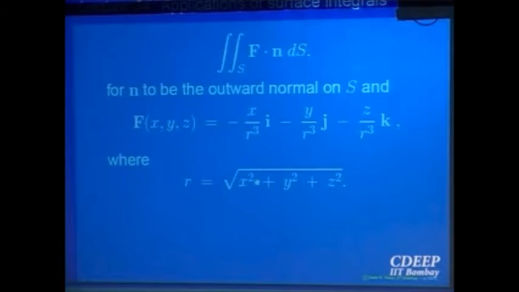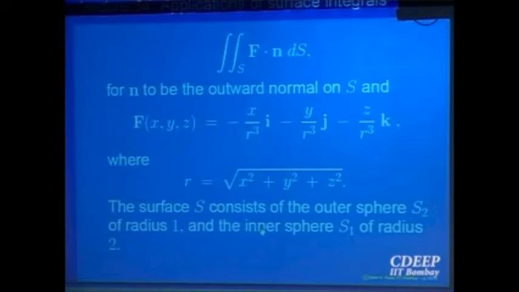So f is given to be this, where this is a vector field. To compute this, I have to look at the normal first of all. What normal are we going to choose? For the inner and the outer one, if I am going to specify always the normal which is pointing away from the region enclosed by these surfaces, okay, then for the outer one it should be the outward one, and for the inner sphere it will be pointing towards the origin, right. This surface has two disjoint parts: one is the outer sphere and one is the inner sphere, right. The surface consists of two disjoint parts.